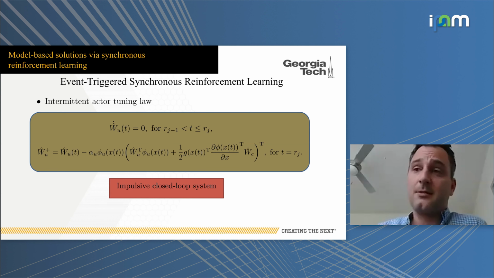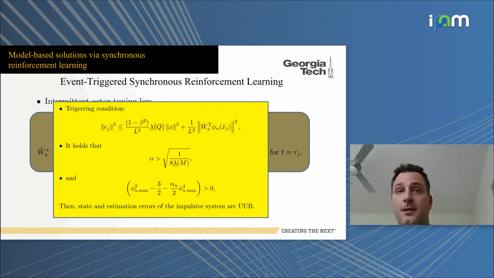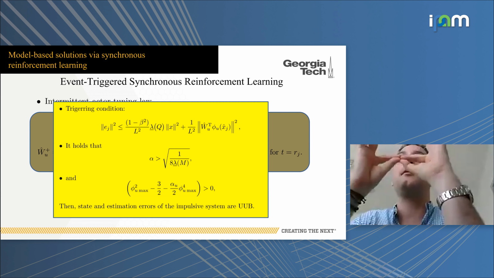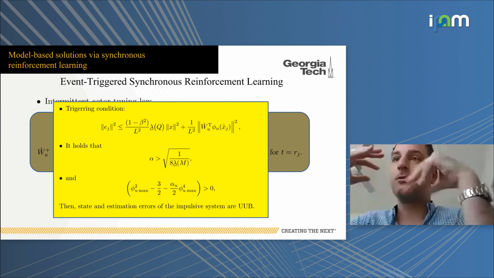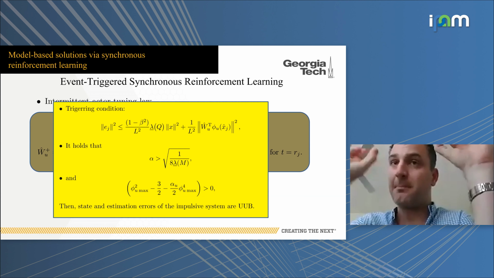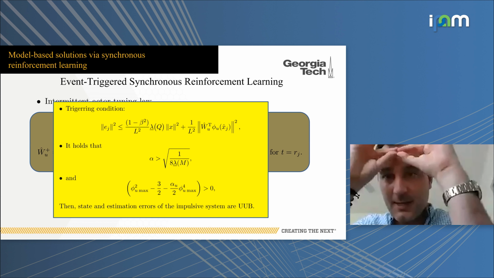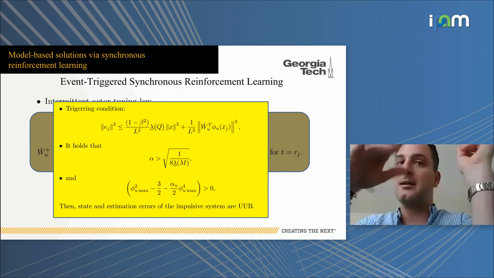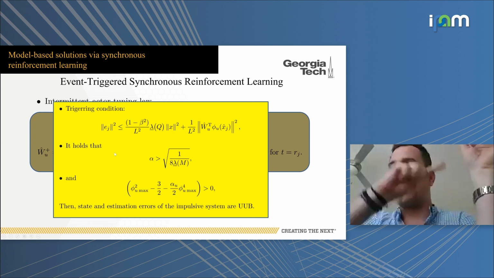And then, as I said, this will follow an impulsive closed loop system. Somebody might wonder, what are the conditions that you can guarantee stability? So we found the e_j, which is the gap, as people in event-triggered control call it. This is the state minus my sampled state. If this difference, the quadratic one, is less than a threshold, that is the good condition. If it gets violated, then I close my loop.